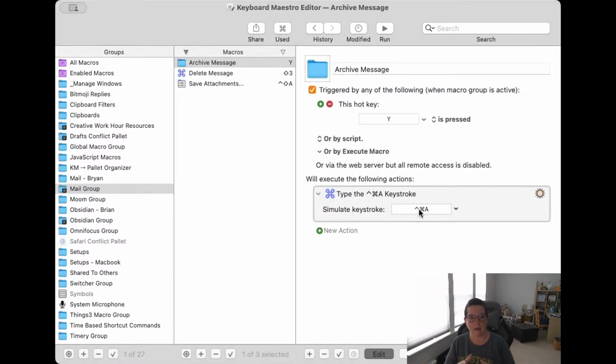Now let's think about that for just a second. This is already simpler. So I'm typing one keystroke in order to get this. Now, my concern is this may simulate this keystroke when I'm actually typing in a message, but it doesn't do that with delete. So I think I'm okay. But we will test this as we work through this.